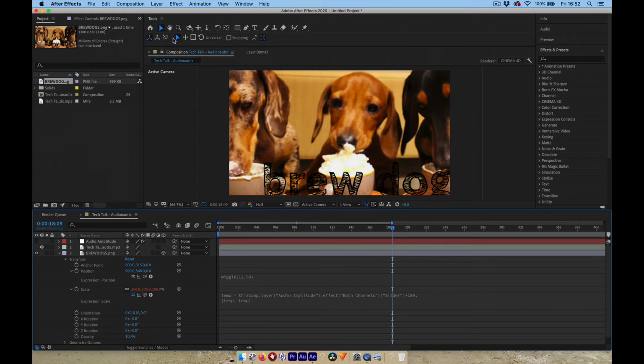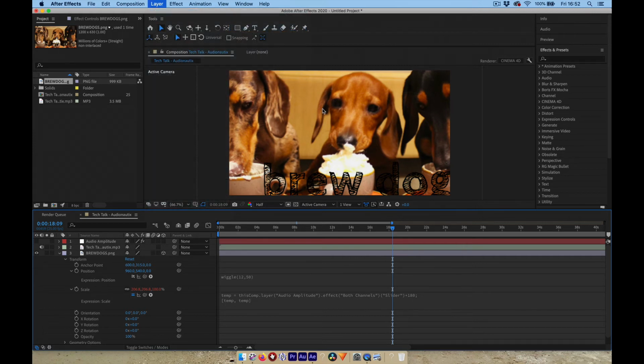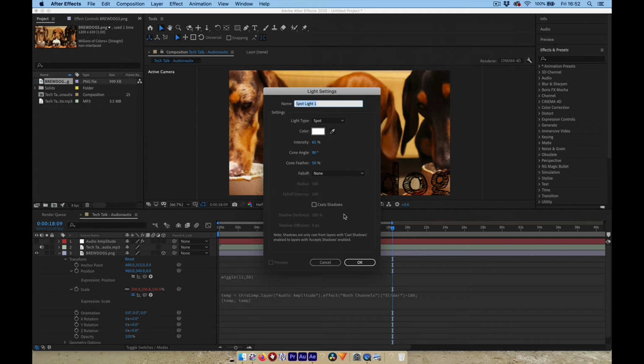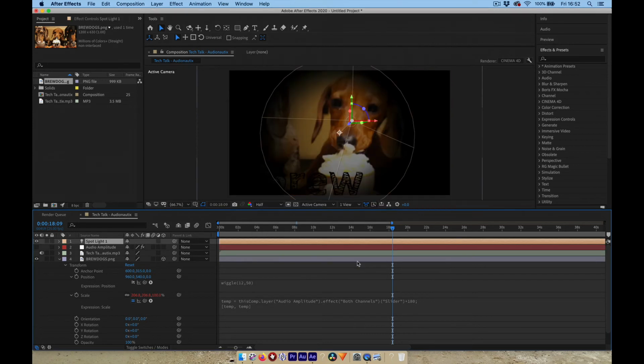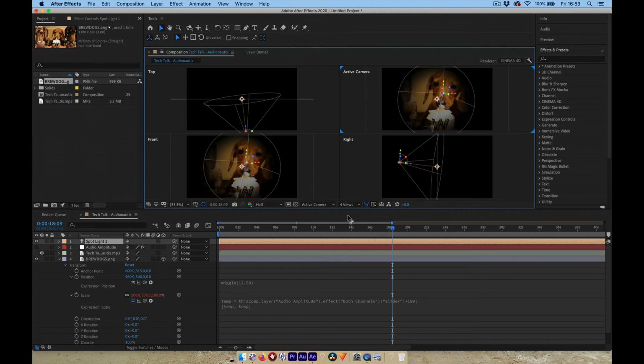Now what I can do is get a light. So go up to here, layer, new, light. Okay, and I want a spotlight. And immediately there you can see there is a spotlight. If you've looked at the previous tutorial about adding lights, you'll notice that we are now in a kind of pseudo 3D space, so the light actually originates from here and it's shining onto the plane of the image there